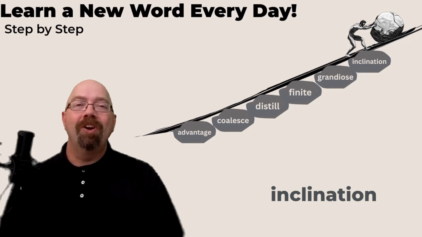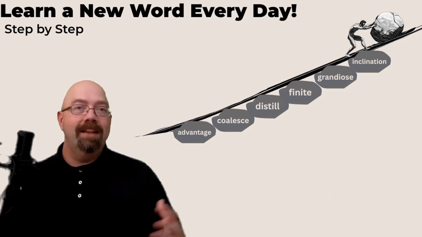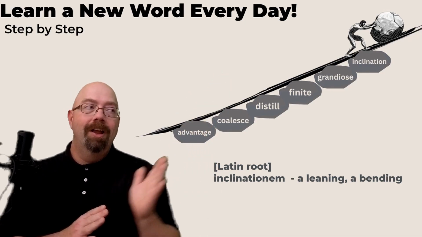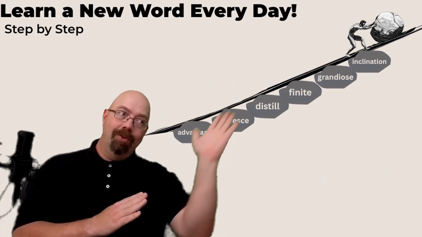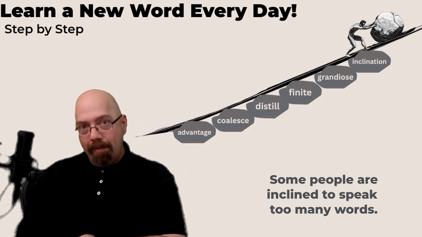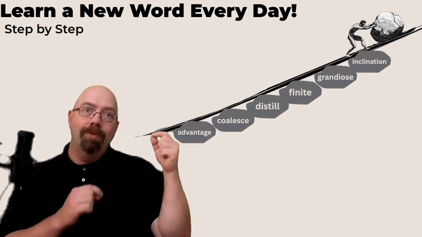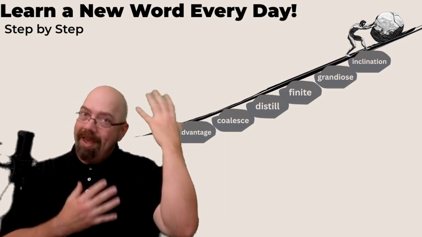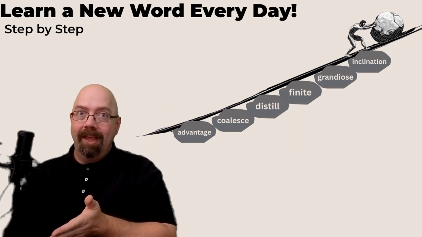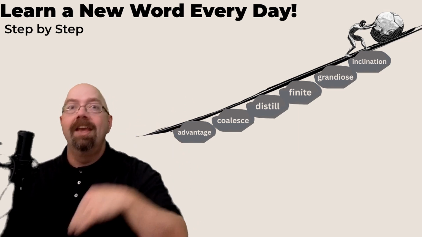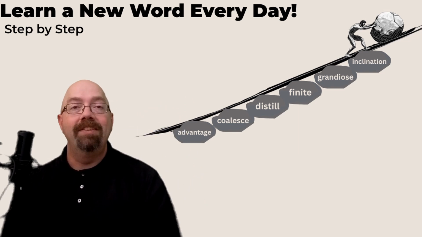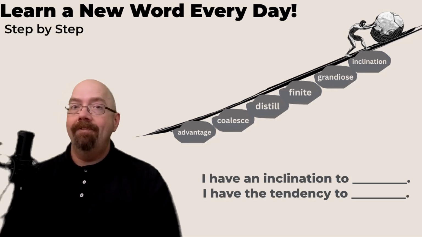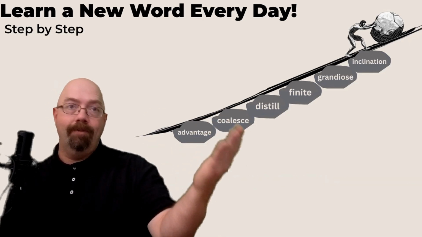Let's break down the word inclination. Inclination comes directly from Latin, and it means to slope or to bend. Think about something and you're inclined to do it, you will probably do that thing. So it means both the physical act of slope, and it also means the metaphysical idea of I am thinking about doing that thing. I am inclined. It's easier to go down the incline than to go up the incline. I have the tendency to do that. I have the inclination to take a walk every morning.